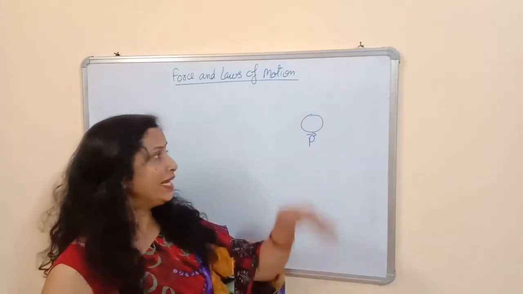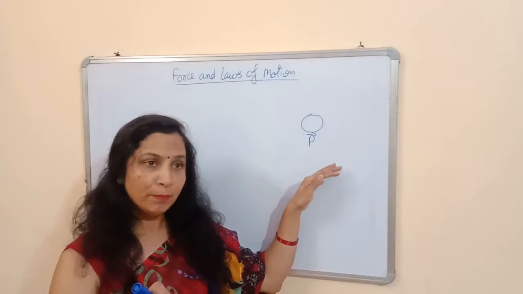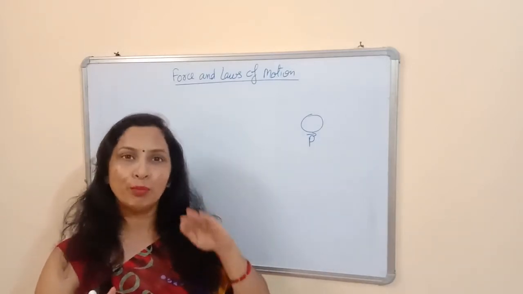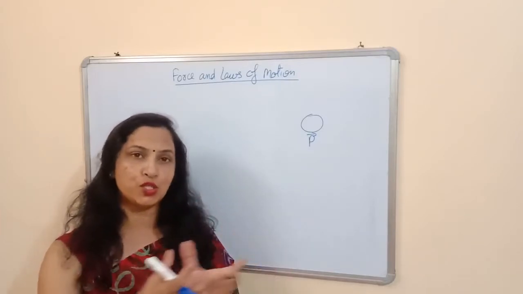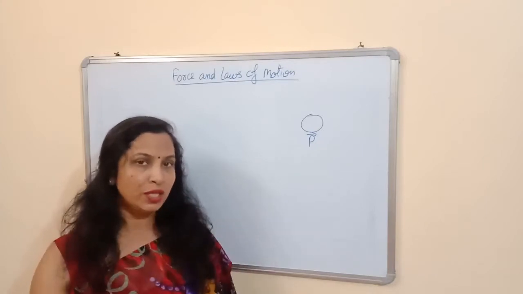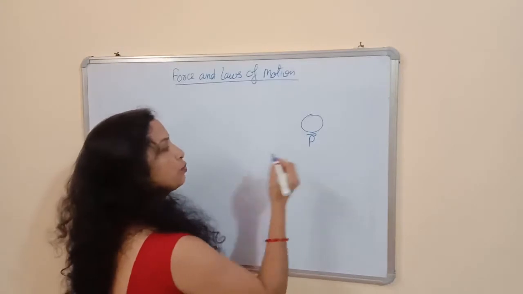When you catch a ball, the velocity of this ball becomes 0. It means initially this ball has some velocity, so it has some momentum. But when you catch a ball, you make the momentum of the body 0, because the final velocity of the ball becomes 0. Since the final velocity of the ball becomes 0, its momentum will also become 0. It means here the momentum is going to change.